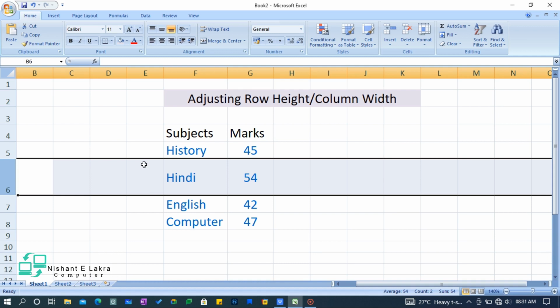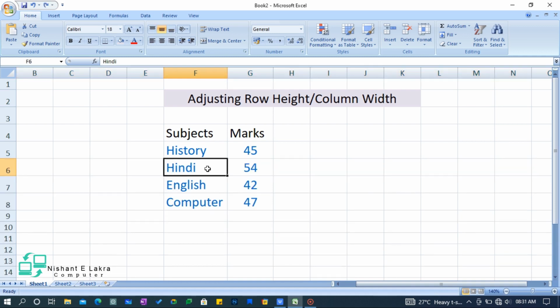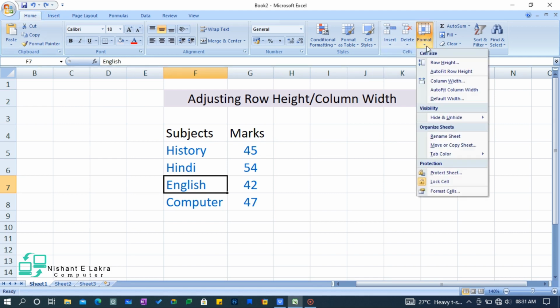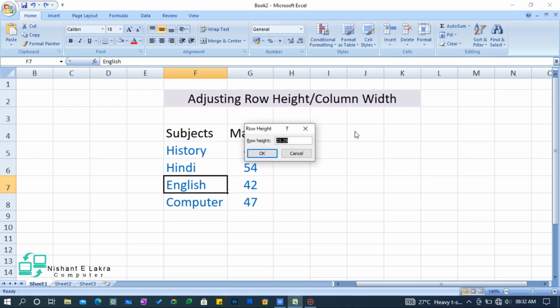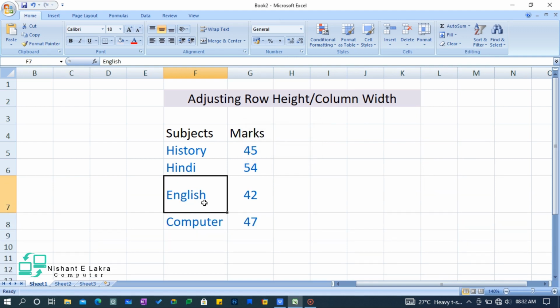Now this is to change the row height of the entire row. For a single cell, I will select a single cell, okay, like you see on your screen. And after that, the steps are the same. From the Home tab, click on the Format option, and from the Cell Size box, select Row Height, and I will enter 50 and click on OK. Here you notice that the height of the entire row has changed to 50. Right, so these are the two ways how you can